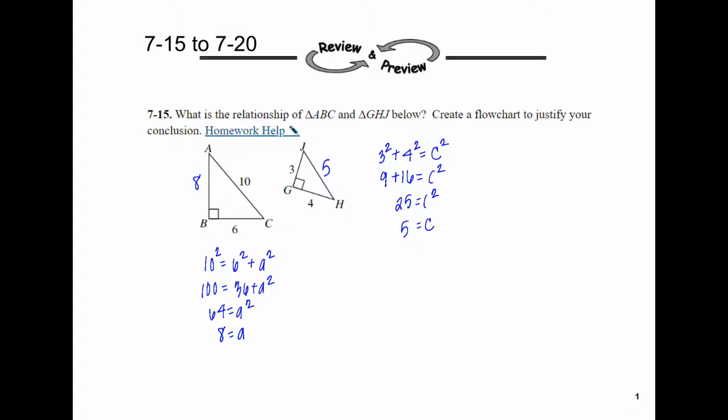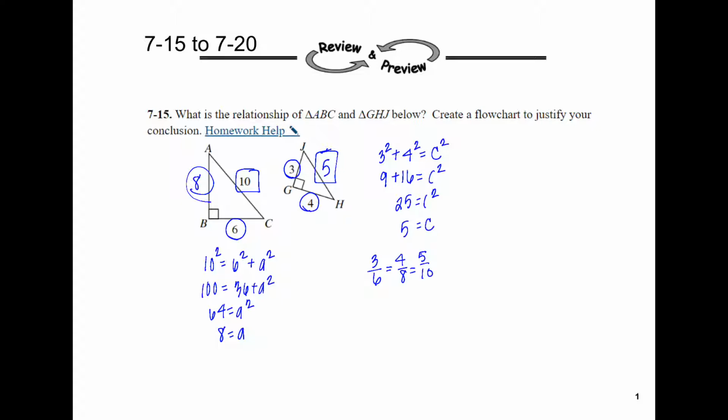It then asked us to create a flowchart. So I am going to set up some proportions. I'm going to put my littlest side over my littlest side of each triangle. So I have 3 over 6. I'm going to put my middle over my middle, 4 over 8. So 3/6, which reduces to 1/2, is equal to 4/8, which reduces to 1/2, which is also 5 over 10